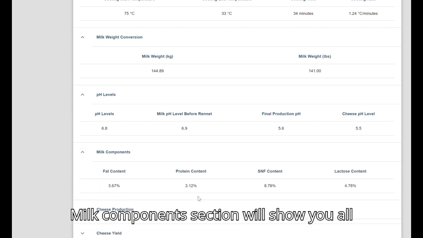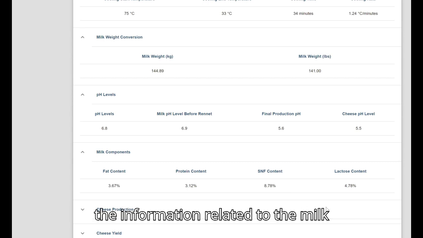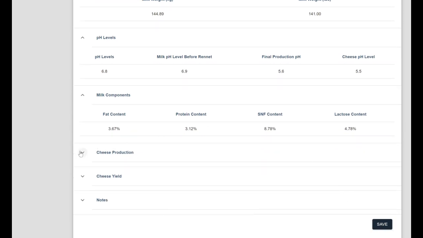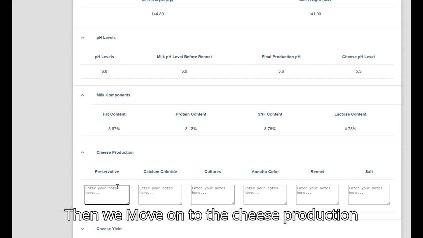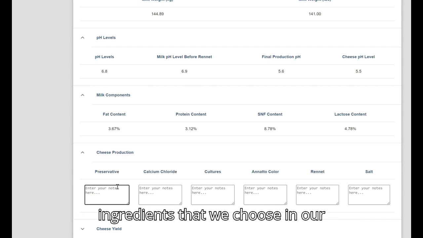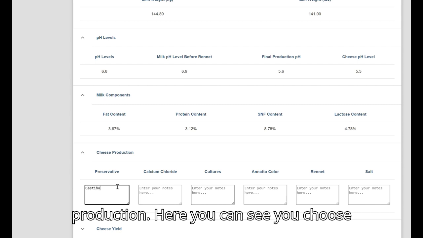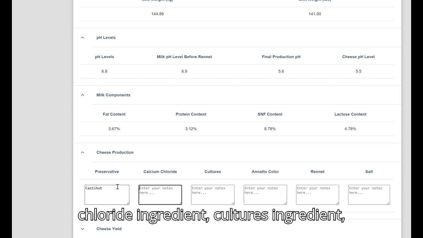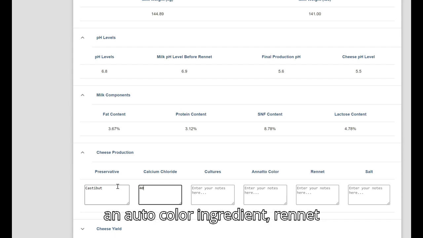Our milk components section will show you all the information related to the milk components. Then we move on to the cheese production section. This section will show the ingredients that we choose in our production. Here you can see you choose the preservative ingredients, calcium chloride ingredient, cultures ingredient, annatto color ingredient, rennet ingredient, and